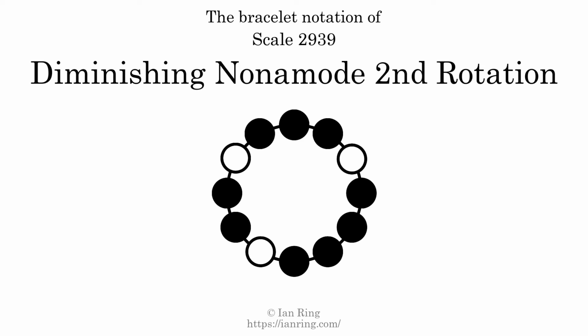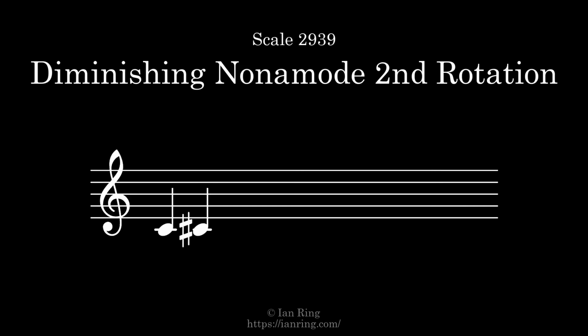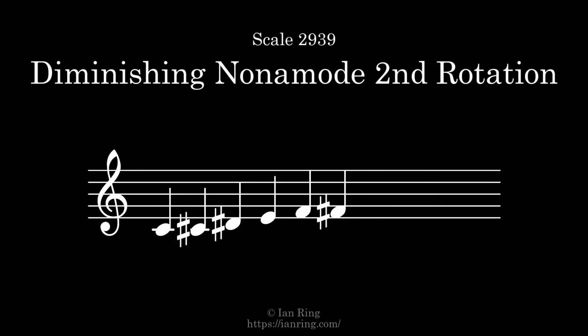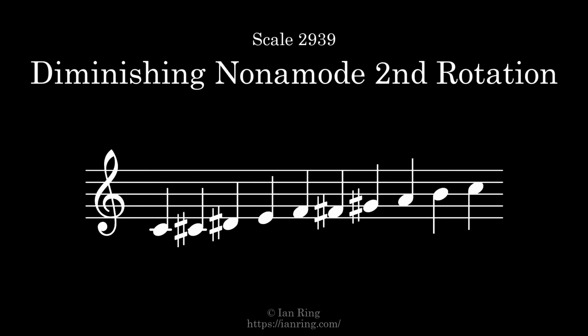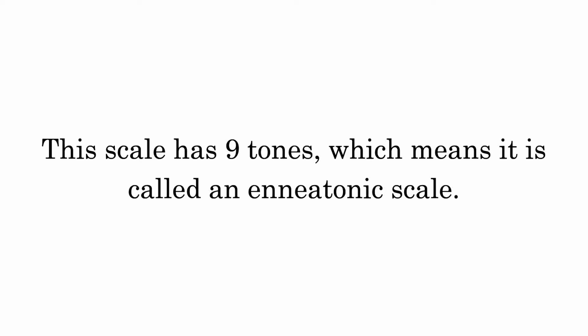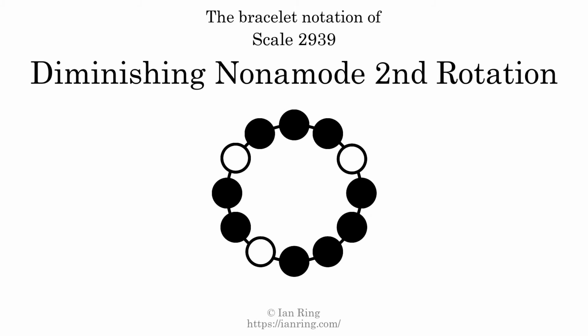2939, Diminishing Nonamode second rotation, which sounds like this. This scale has 9 tones, which means it is called an enneatonic scale. This is a bracelet notation diagram of scale